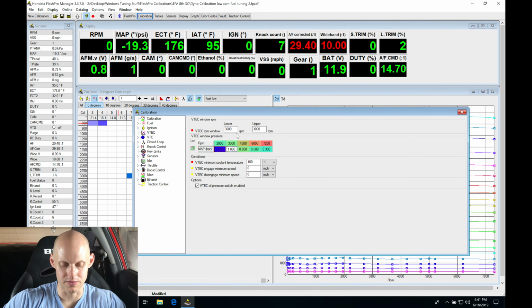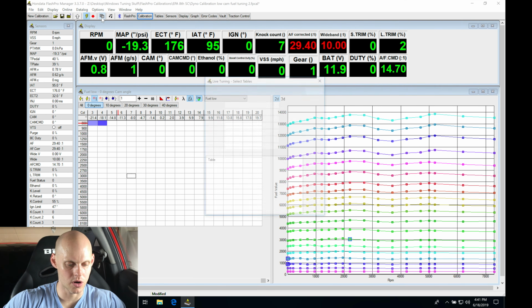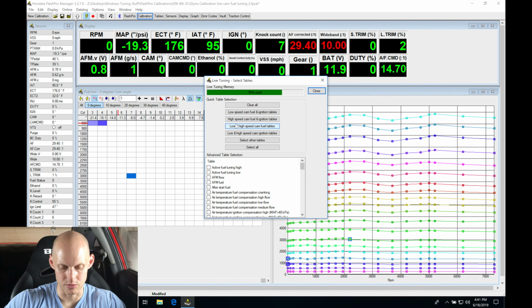So what we'll do here is we've set our VTEC point low. Let's jump in here. We're also going to go to our real-time tuning tables or live tuning tables. We're going to go here and clear all. We're going to clear out everything that we previously had selected. Now, we've done that for a very specific reason, because everything was based on our low cam operation. We're going to go to our high-speed cam and fuel and ignition timing tables. We're going to find here, we're also going to grab our